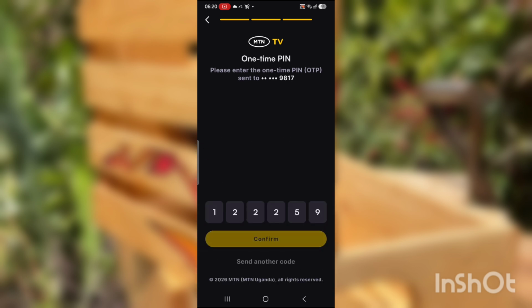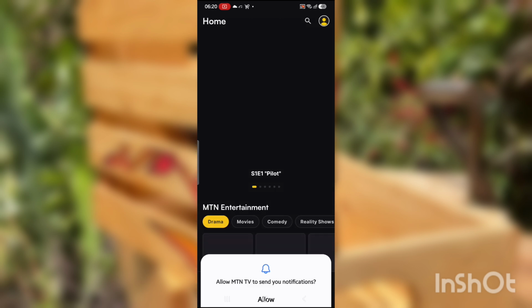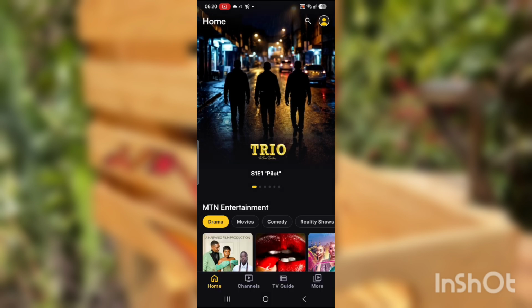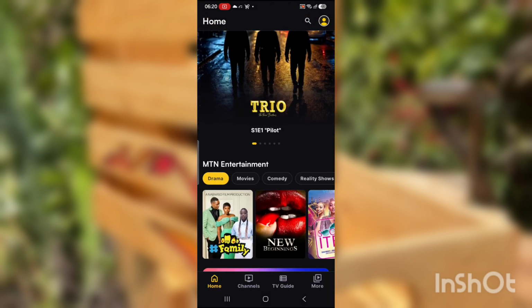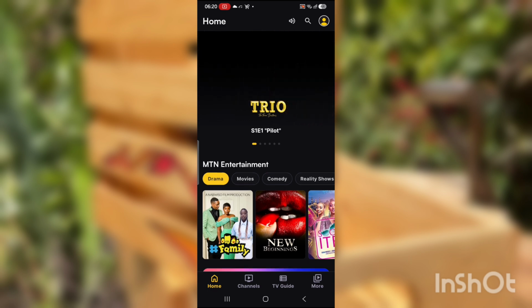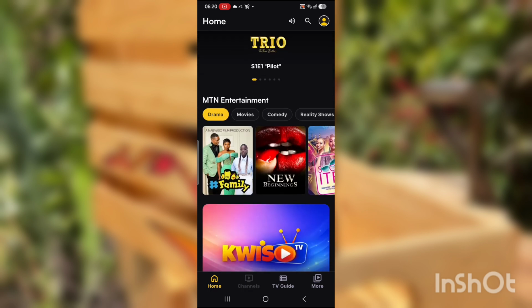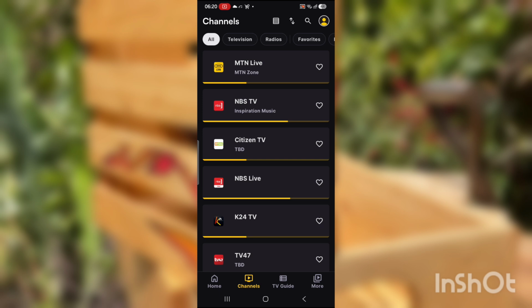Then confirm. Once you're done doing that, the application opens up, and it's an application where you can watch movies, series, and also TV channels of Uganda. As you see over here, there is what they call MTN Live. That was on the King Saha show, the MTN Live,